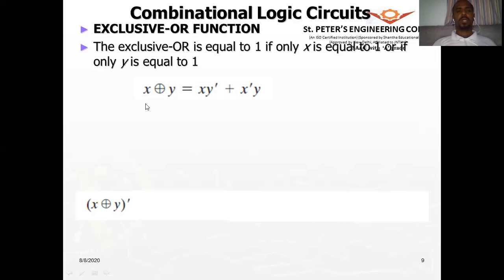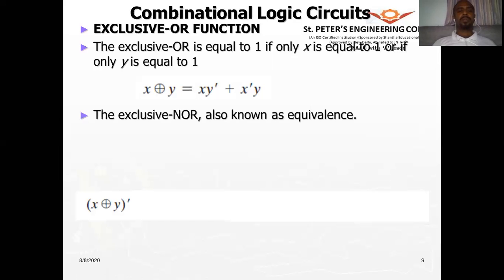So therefore, what is the exclusive OR operation? It is represented by this, as we already know, a circle with a plus inside. So what is the functionality of this? A XOR B is given by X Y complement or X complement Y. So that means output is high only when one of the inputs is high, not when both inputs are high or when both inputs are low. That is the XOR function.